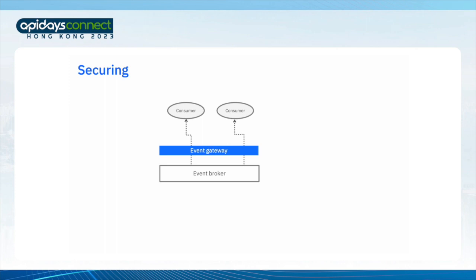But enabling that needs a special kind of gateway, because asynchronous protocols are not the same as synchronous HTTP APIs. They behave differently, and they need a gateway that can handle that. Going back to this picture from earlier, an event gateway needs to be something that enables seamless communication between a consuming application and a back-end message broker or streaming service. To explain the kind of thing that we think an event gateway needs to be able to do, I need to give you an example of an event protocol. Now for today, I'm going to use Apache Kafka as an example, but all message brokers and event streaming platforms are going to have similar protocol nuances.